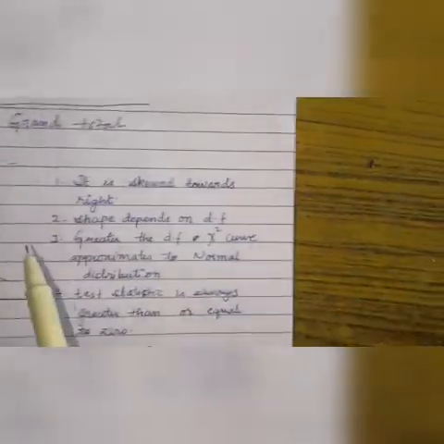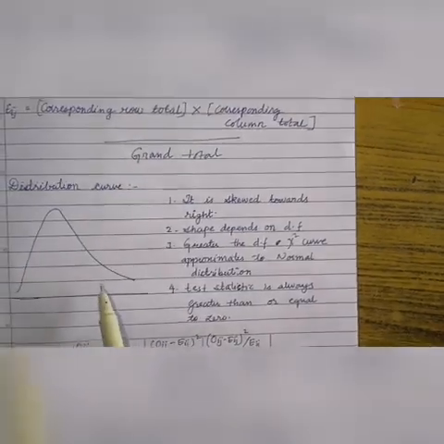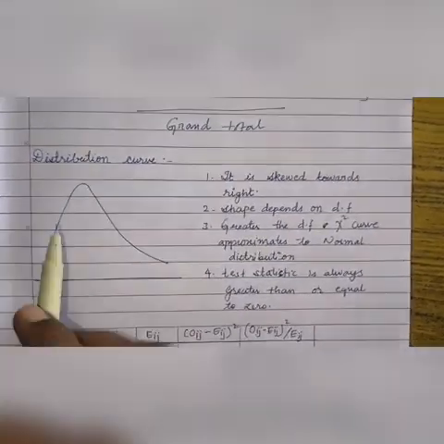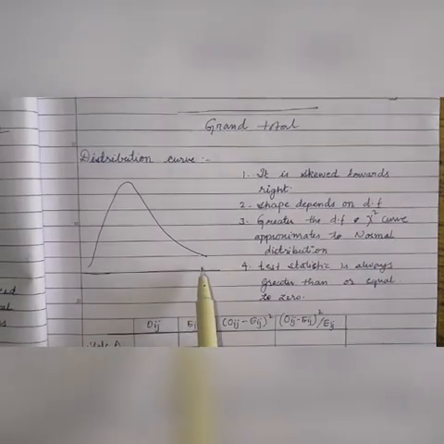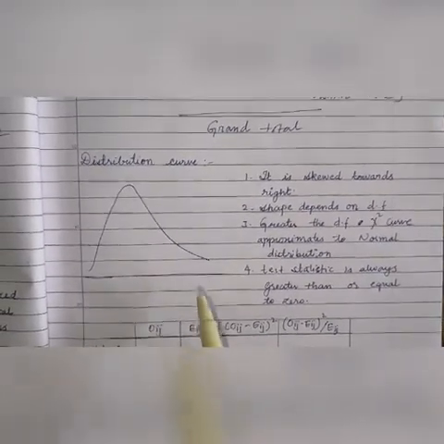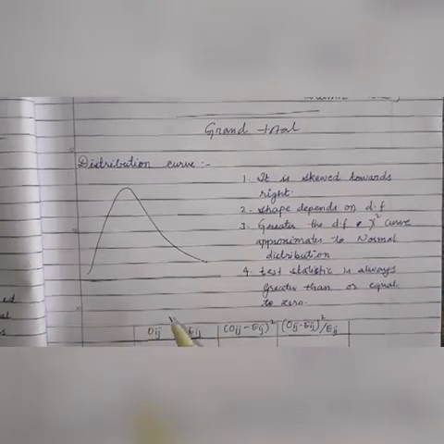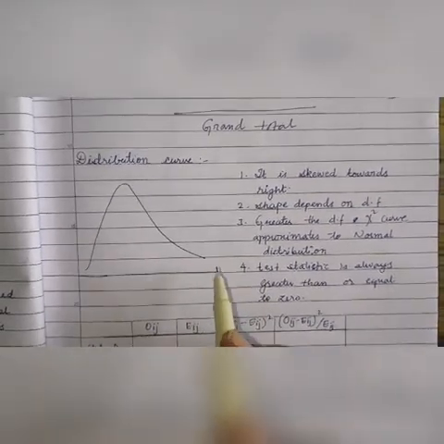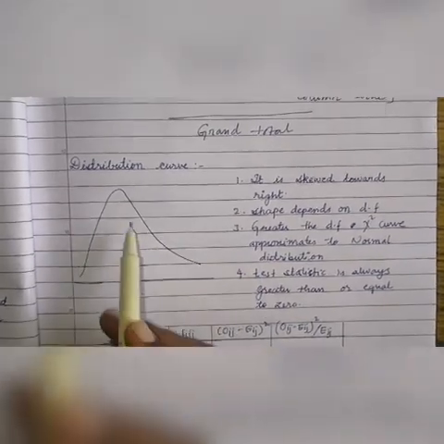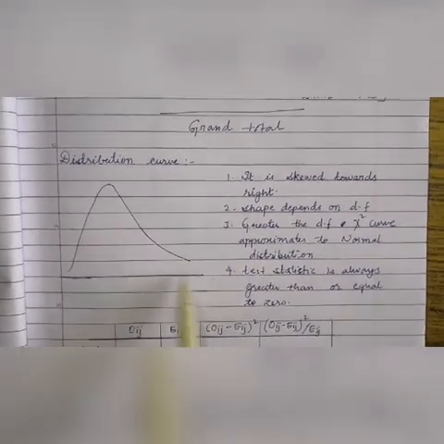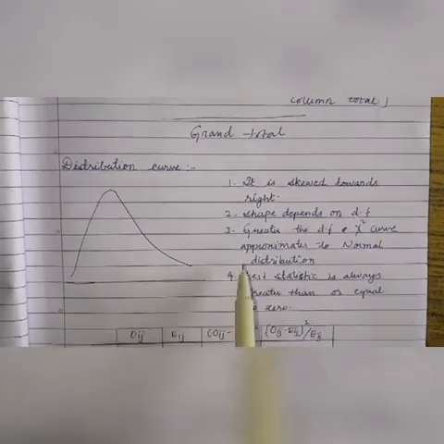One more important thing before we start solving the problem is the distribution curve. Chi-square distribution curve is skewed towards the right. Okay, why is it skewed towards the right? Because the test statistic we calculate is always going to give us a positive value or a value equal to 0. So you do not have negative values. That is the reason the values always fall towards the right hand side. Okay, all the positive values.